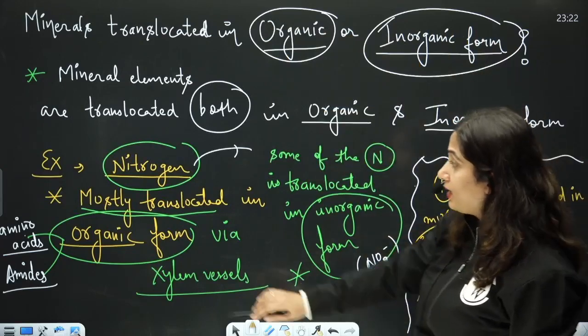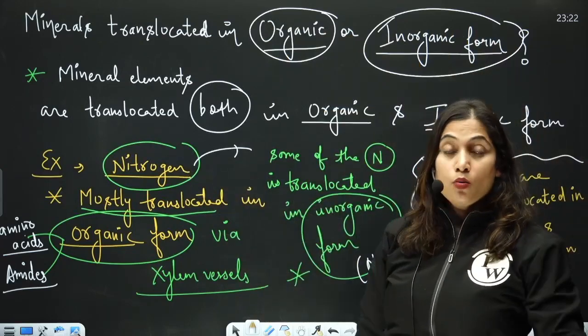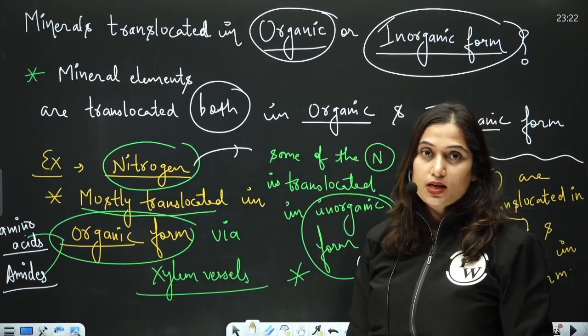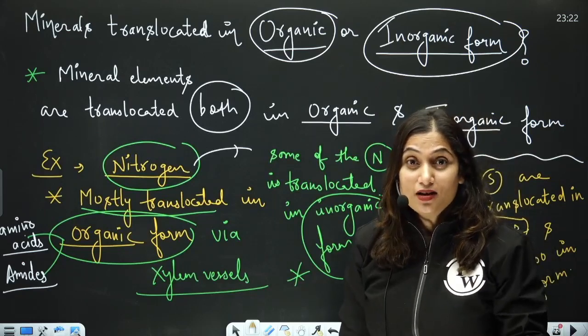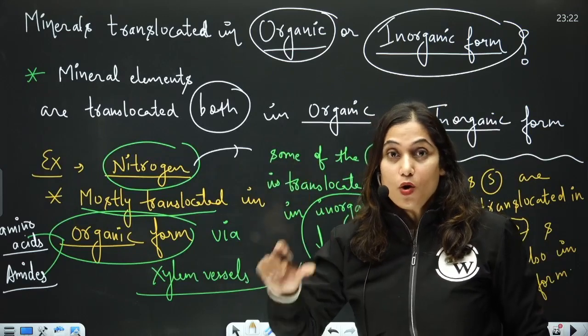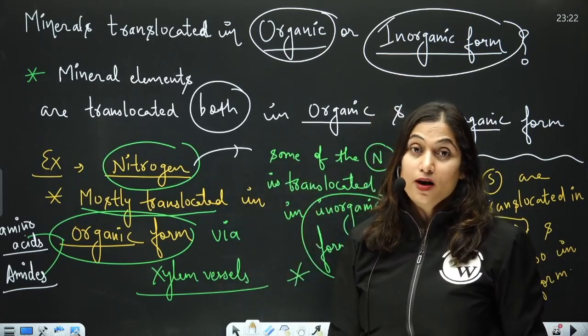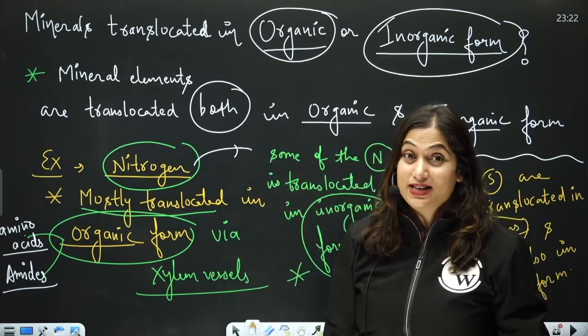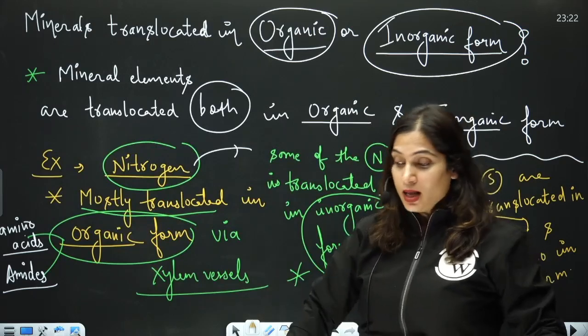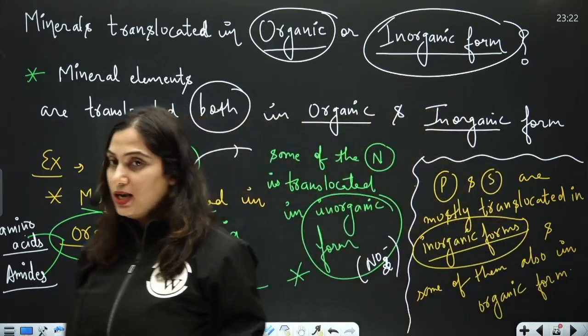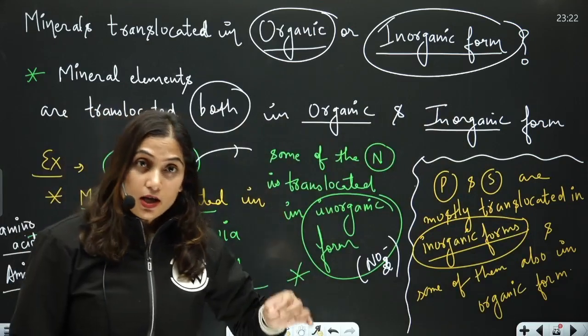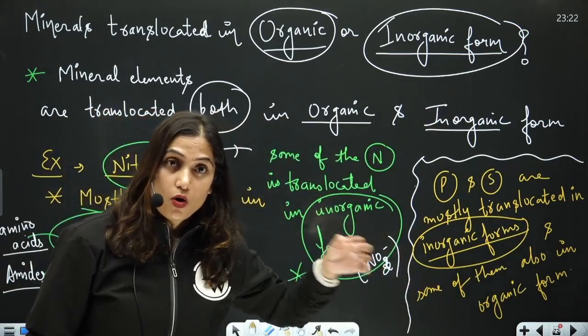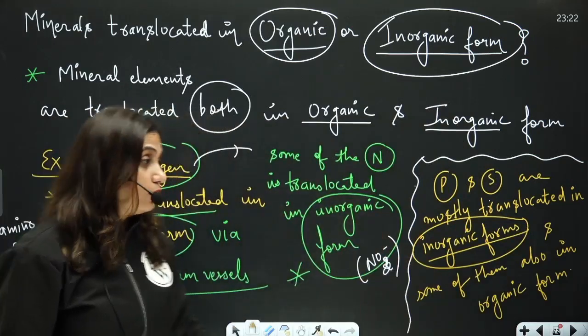Clear? Like nitrogen. Most of the nitrogen through xylem is transported in organic form, in the form of amino acids and amides. This question comes directly: is most of the nitrogen in xylem translocated in inorganic form or in organic form? The answer will be: